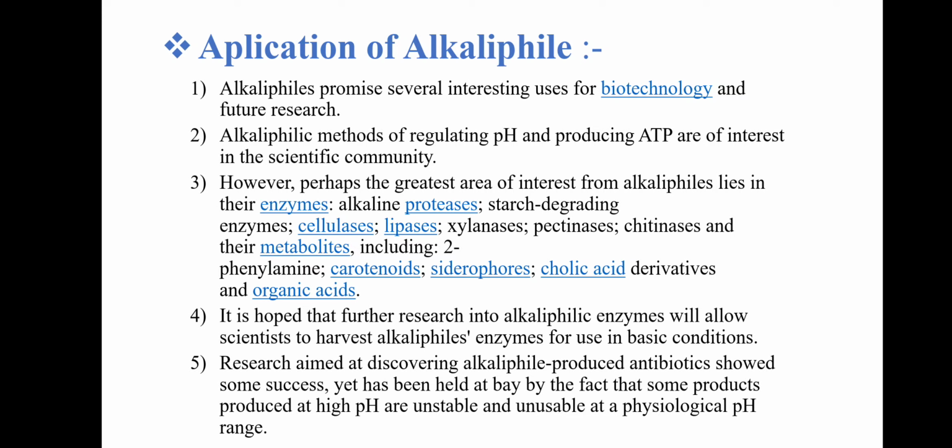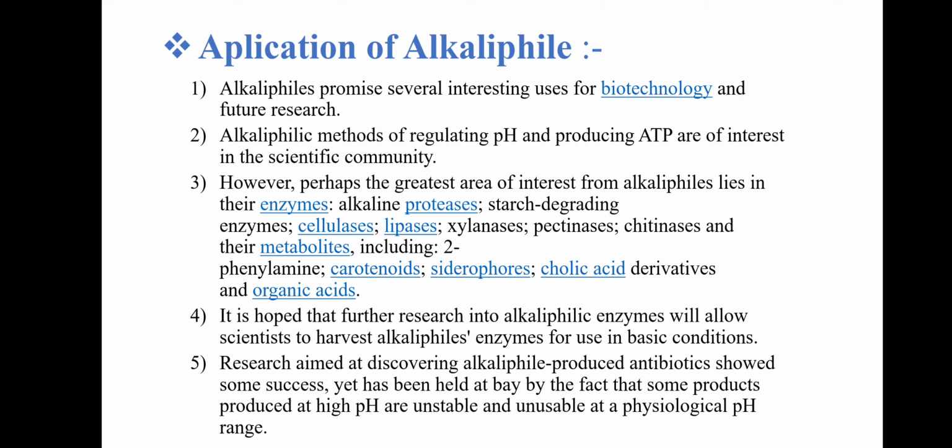However, perhaps the greatest area of interest from alkaliphiles lies in their enzymes, like alkaline proteases, starch degrading enzymes, cellulases, lipases, xylanases, pectinases, chitinases, and their metabolites, including 2-phenylethylamine, carotenoids, siderophores, cholic acid,